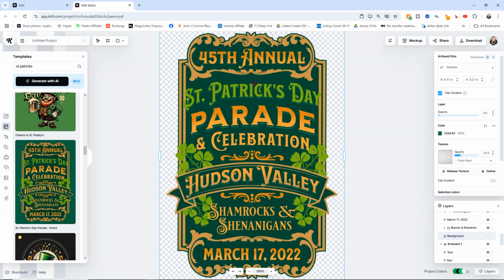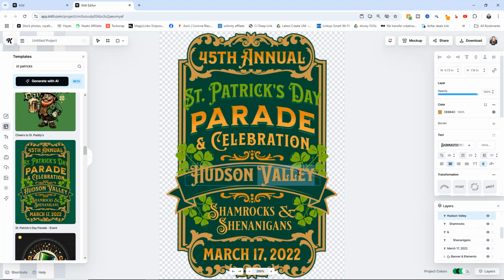Now we can zoom in on it. And you can see that we can change a lot of different things because all we have to do is double click on the words that we want to change. So I'm just going to change this one. Let's make this New York and see if that looks all right. Sometimes some of the words are too short. I think that's too short. So let's just make it a little bit different. Let's do